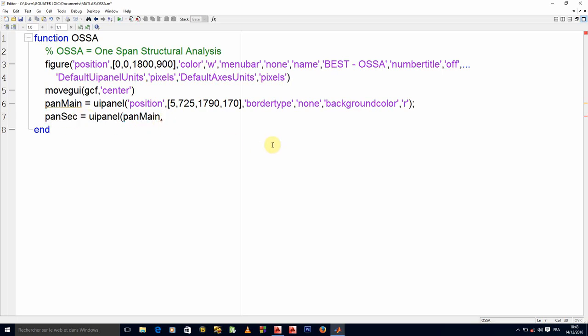So if we put position here in order to create it on the figure, the position here will actually be measured not from the origin of the figure, but from the origin of pan main. So from there it will be 5 following the x-axis, 5 following the y-axis. So I've taken 5 on borders, which means I will deduce the width here by a distance of 10.